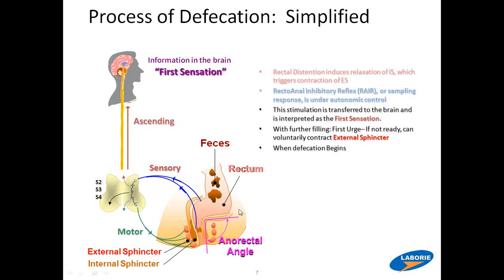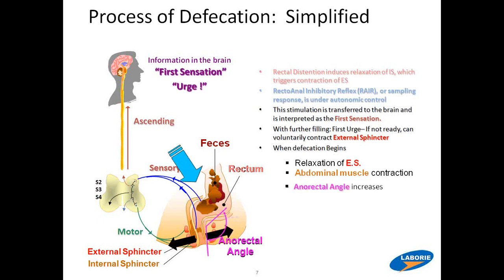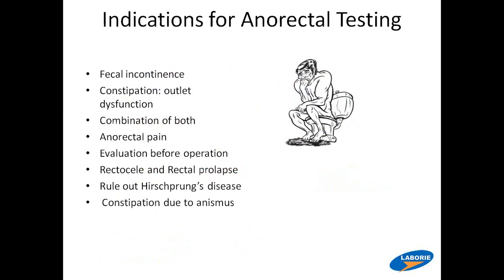Then, if not, the process of defecation goes on further with relaxation of the external sphincter, there you go, and puborectalis, contraction of the abdominal wall, here, isn't that nice? And an increase of the anorectal angle with emptying. So right there, the anorectal angle increases, and you have the desired result, if you would. Okay. All right. So you have to remember all of that in order to really understand what the process of